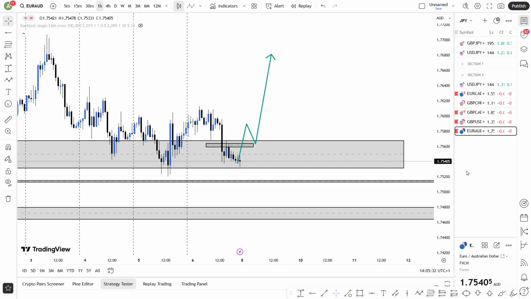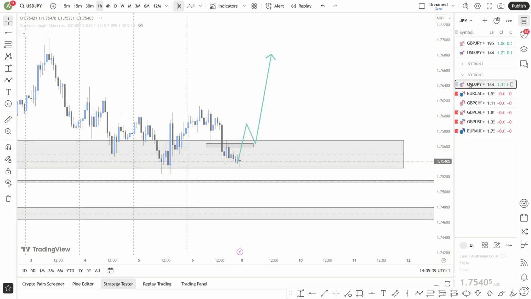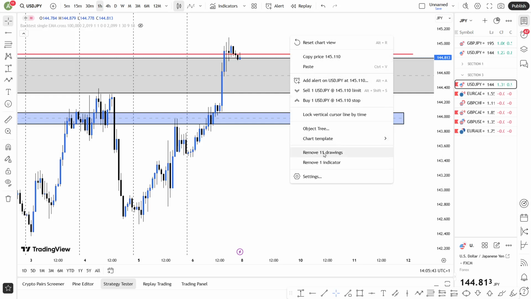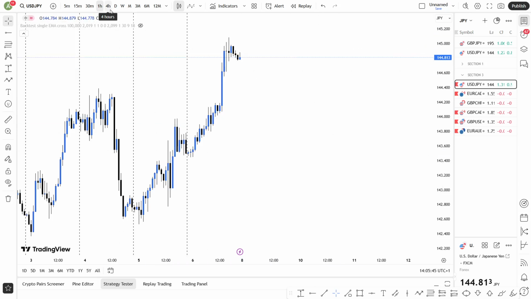So I think we're good to go on that. Let's look at USD JPY. USD JPY analysis. Okay, I think I've drawn my 9 already. Let's step down to